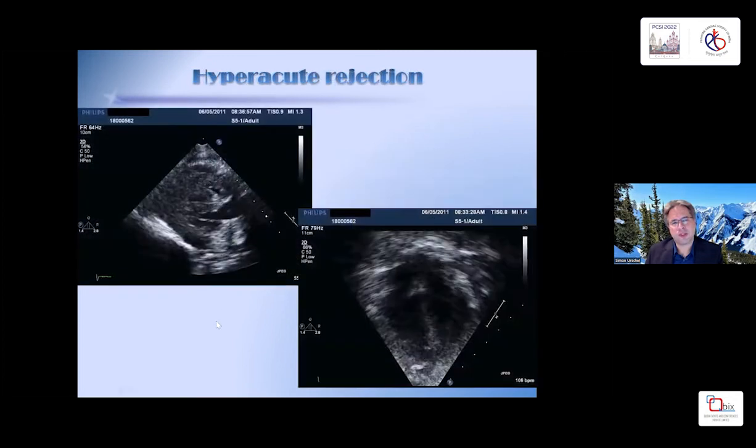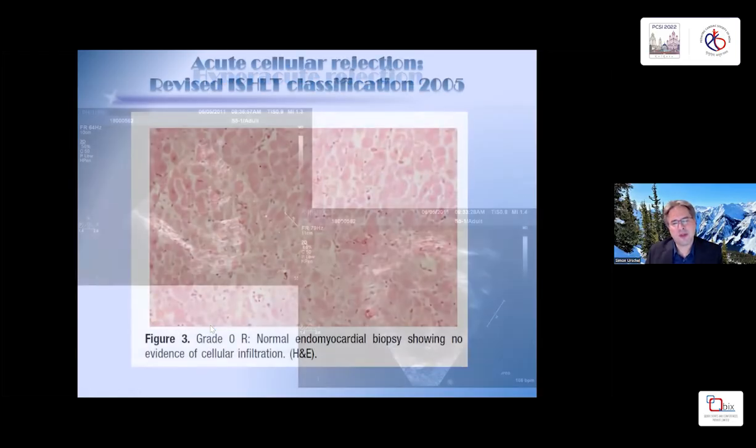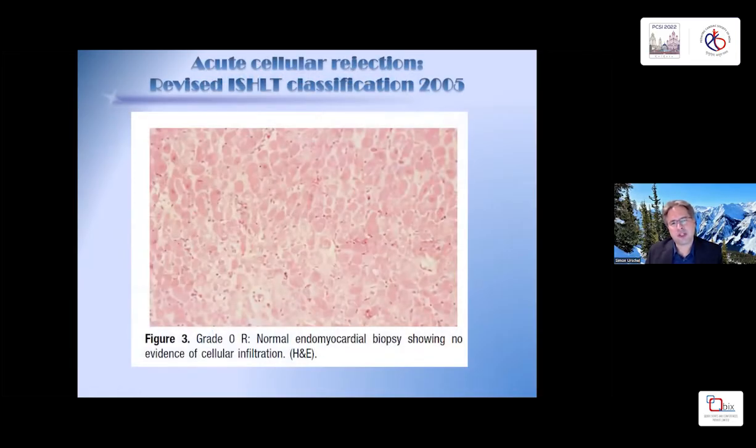I brought these echoes from the one patient that I have experienced, and as you can see, there is barely any life left in that organ, and it's most of the time not a recoverable situation. Fortunately, it's extremely rare. Much more common are more subtle forms of rejection. This just shows you a healthy myocardium, and in 2005, the ISHLT unified the classification of rejection. So here you have the healthy muscle cells with some cores in between, some blood cells,